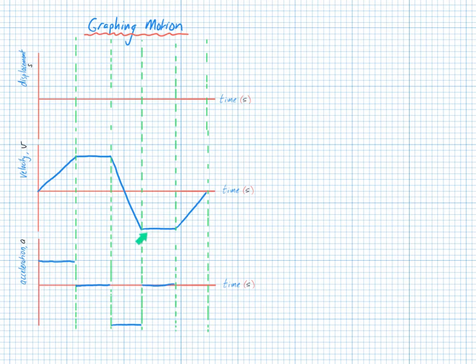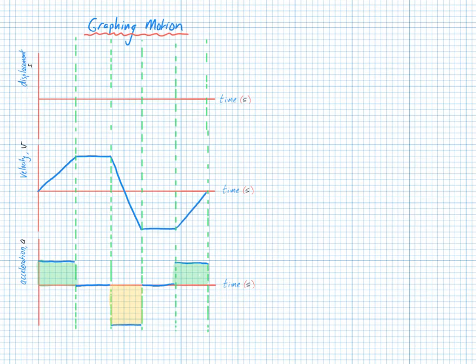Then again, we have no acceleration, followed by a positive acceleration. A nice link here is to notice that over this time period shown, there is no change in velocity of the object. That means the area underneath the acceleration time graph should equal 0, or these two areas equal the area underneath the curve. Next, let's create the displacement time graph